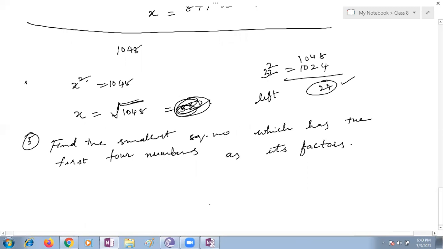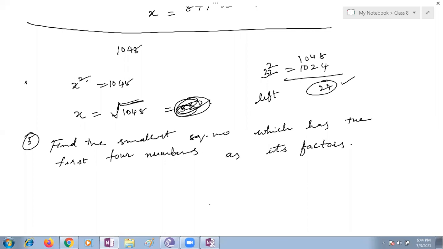Is it 210? No, ma'am. It has only the first four numbers. Means the number should be at least 5 digits. Yes, ma'am. At least 5 or more than 5. Very good. Yeah, please think about it and come back, children. That's all for what is given in that, and squaring numbers application.